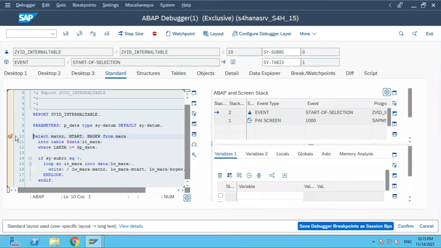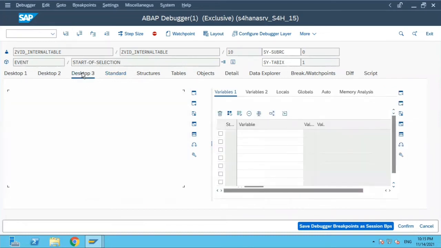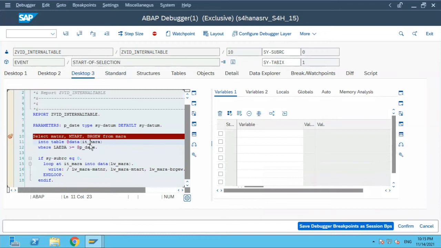We have already put a breakpoint at the select query wherein the value is getting fetched. Go to Desktop 3, double click on IT_MARA because this is the internal table where we want to find the value and change it. We'll click on execute.